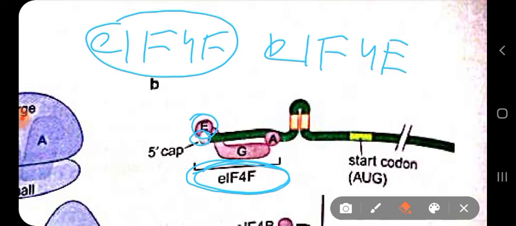EIF4G, you can see here EIF4G. It does not directly interact with the 5 prime cap, but non-specifically it binds to the cap. And you can also see EIF4A here, right here. Okay. Now,